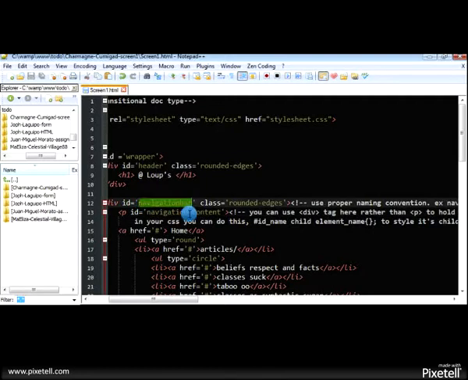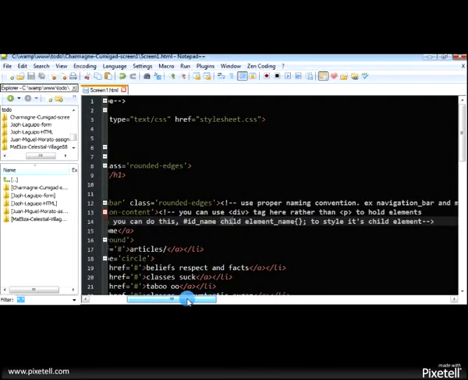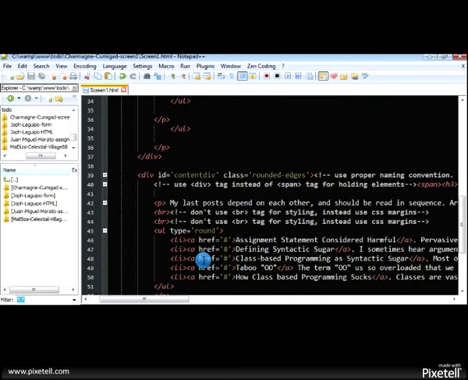This is the parent, or the upper element, and behind it is the child element. The child element name, for example, navigation bar, space, the child element name. For example, here we use p, or as I said before, you can use div. ID name, space, the ID name. So for that in your case, we go to the next.